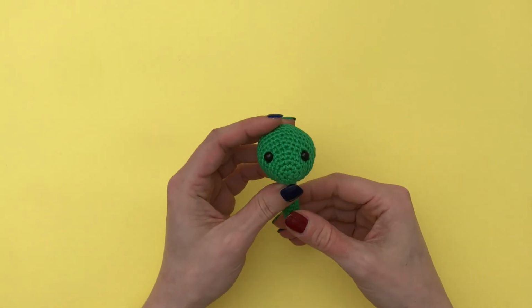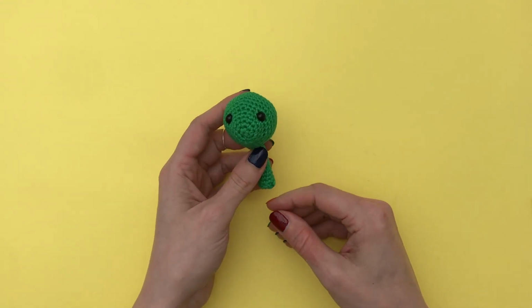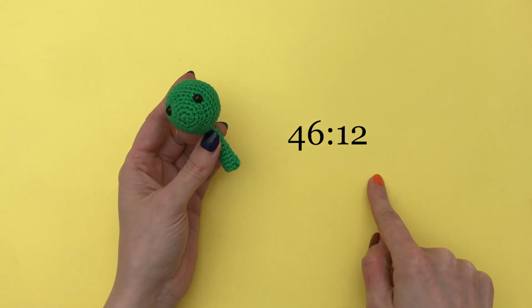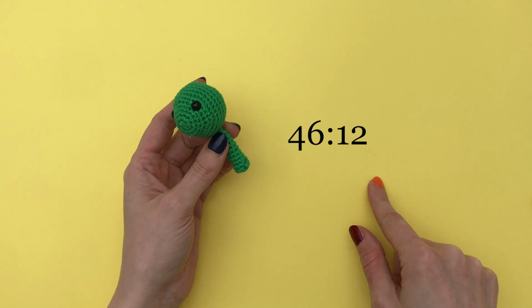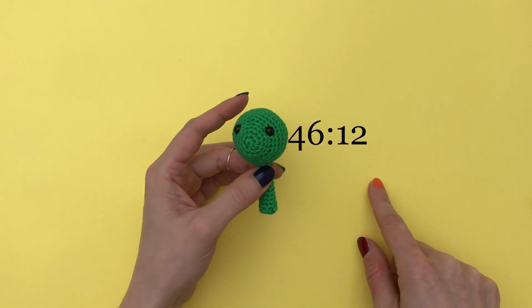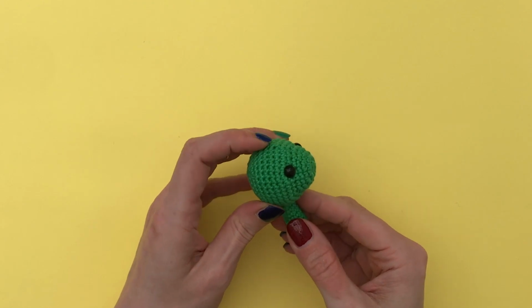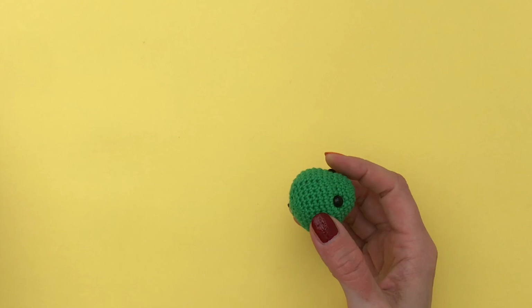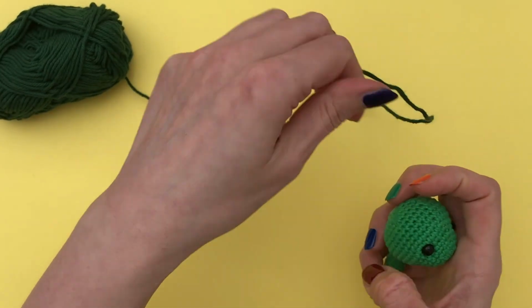I'm going to continue with this little dragon, but if you're making the unicorn, you can jump to whichever minute I'm going to put here, so we can crochet the unicorn ears and horn together and also attach the mane. So now we'll crochet the spines, I think they're called, directly on the head. For this we're going to need our dark green yarn,